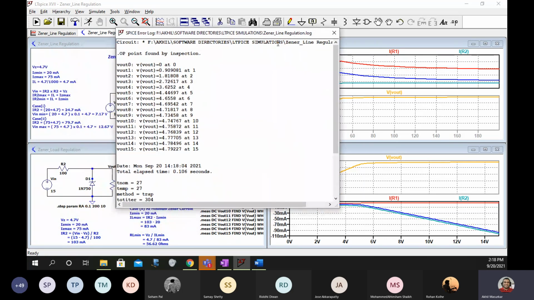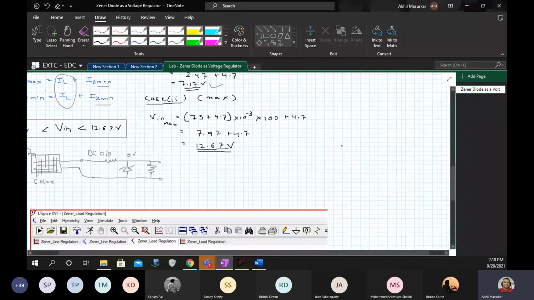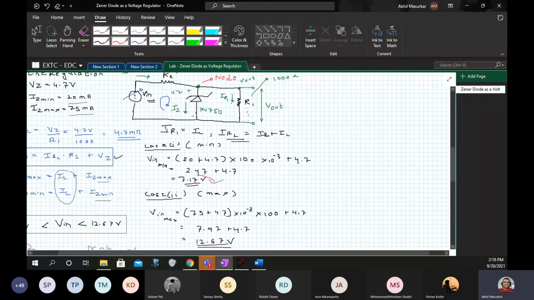You can see in the spice error log you are getting variation in V out, and V out becomes constant after around 7 point some volts. That exactly was the value that we calculated, 7.17.